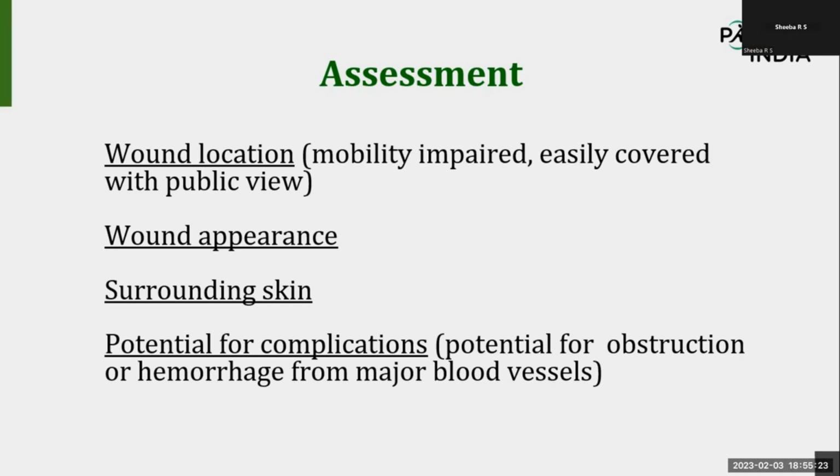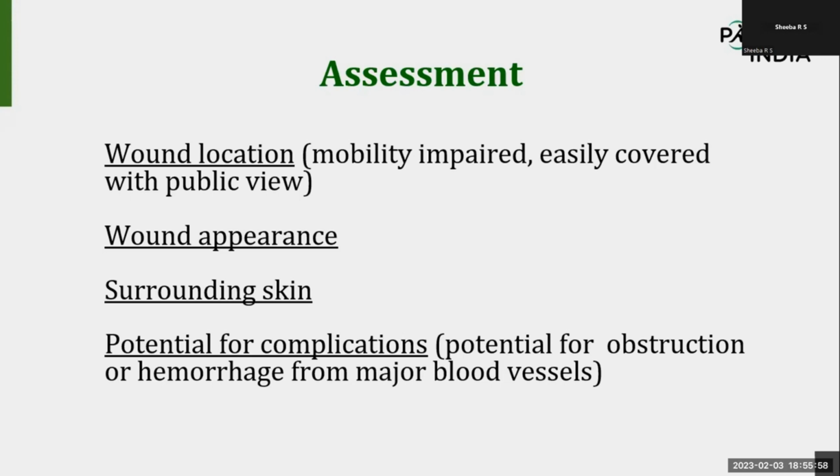Consider the wound appearance, the surrounding skin, and the potential for complications. As I mentioned earlier, especially in head and neck cancers, there is a chance of bleeding because the tumor erodes the major blood vessels. If the patient is at home, we need to educate and support them, because they don't know how to manage. We have to give